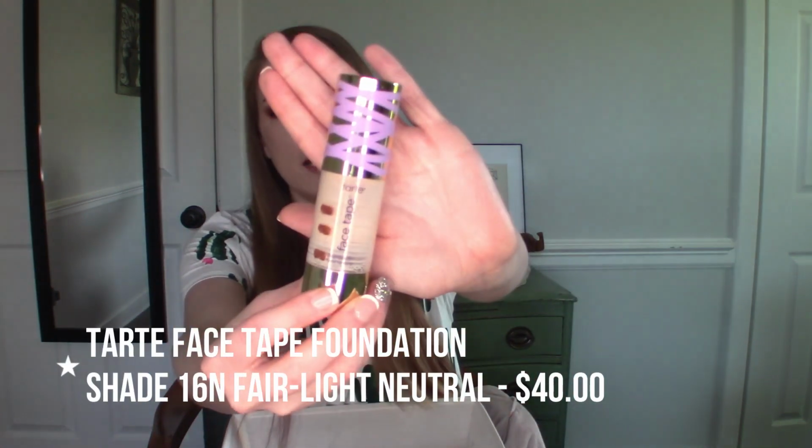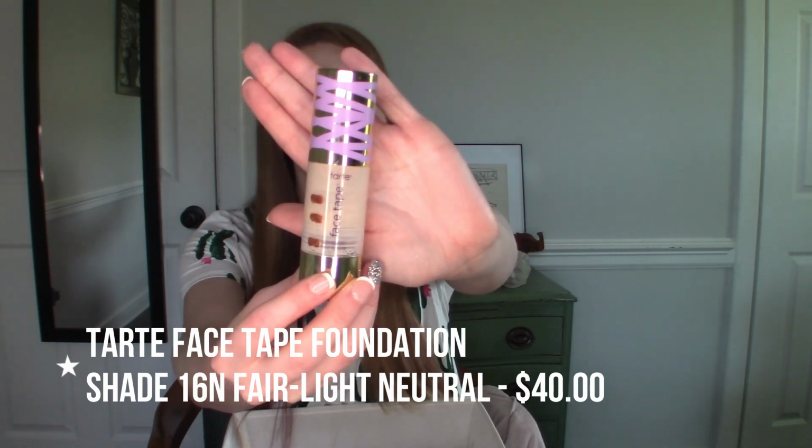All right, so I do have a foundation in here. This is my Tarte Face Tape Foundation. I have mine in the shade 16 in Fair Light Neutral. It's a really great shade match for me. I really do enjoy this. This is